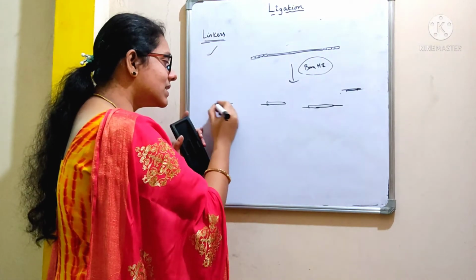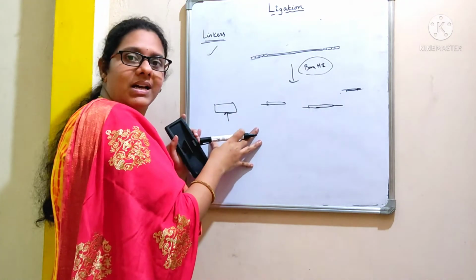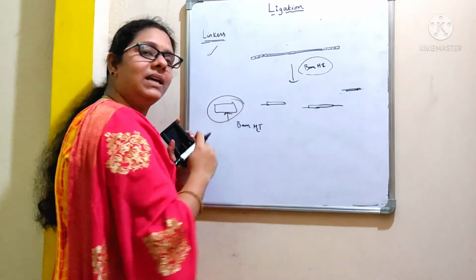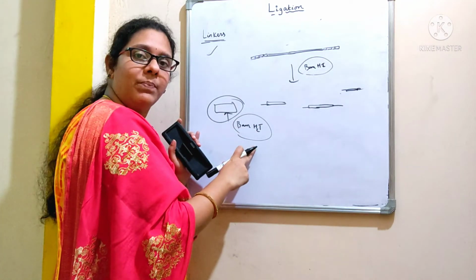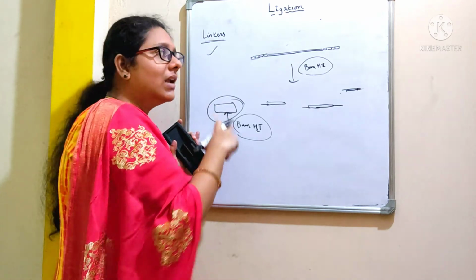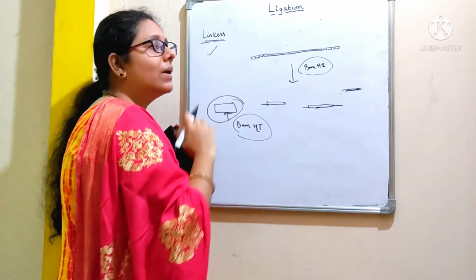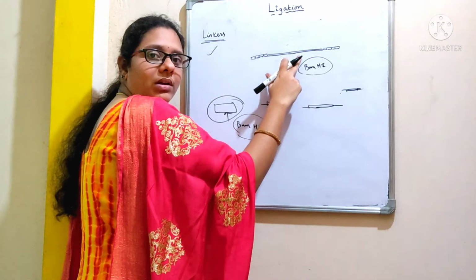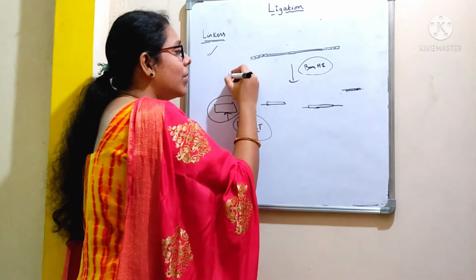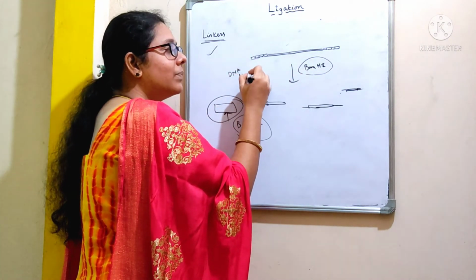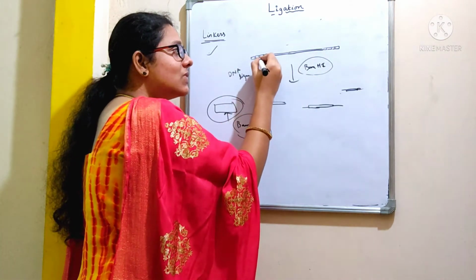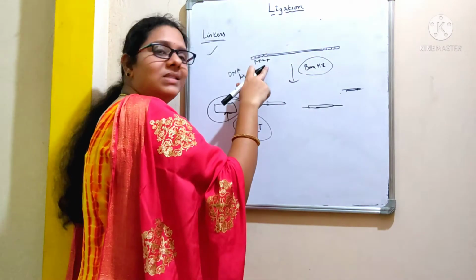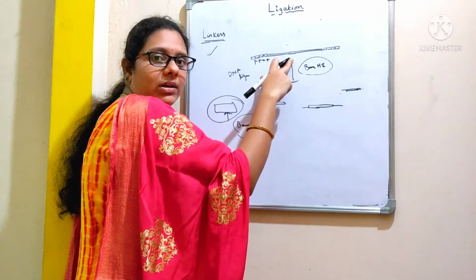There is one potential drawback with the use of linkers. As we already discussed, these linkers have a recognition sequence for the restriction enzyme BamHI, so after treatment with the restriction enzyme, it is going to give rise to a sticky end onto a blunt-ended DNA molecule, right? See, look at the picture. These are the linkers attached to a DNA molecule which is having a blunt end with the help of an enzyme called DNA ligase, right? Now all these linkers will have a recognition sequence for BamHI, which are going to produce a sticky end onto this blunt-ended DNA molecule.